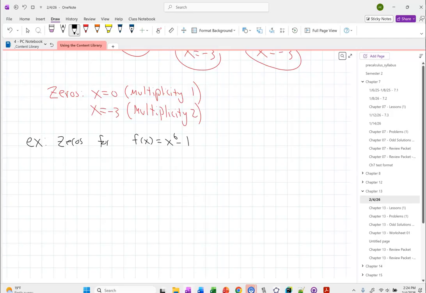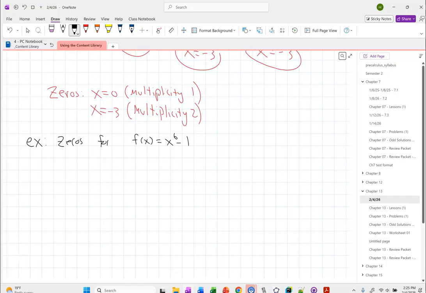Let's say I want to find the zeros for x to the 6th minus 1. First thing I look for: greatest common factor. Is there one? No. Okay. Then I look for the number of terms. How many terms is this? 2. Down the 2-term branch, the first thing I check for is